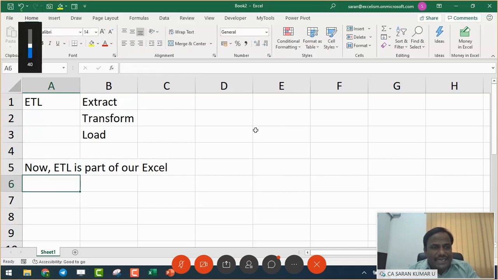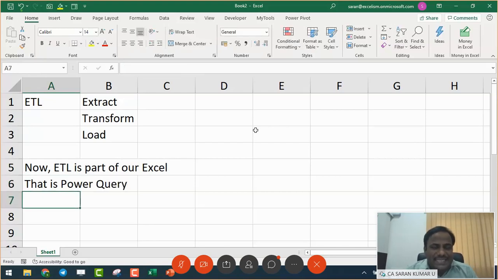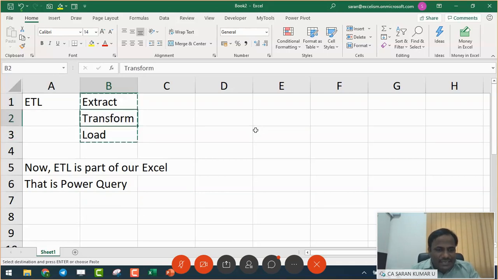That we call as Power Query. That is Power Query. Then what exactly does the Power Query do? Power Query extracts the data from